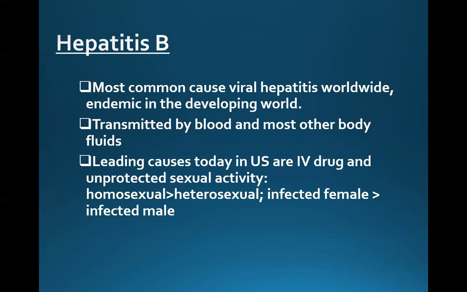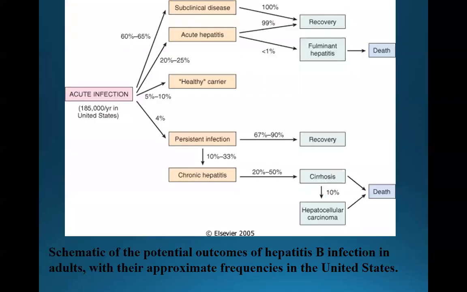What are the modes of transmission? Sexual contact and IV drug abuse are right there. So more homosexual than heterosexual contact in the US, and more infected females than males as well. Now, if you look at this beautiful graph, you're going to get something very interesting, and that is that the vast majority of cases, as horrible as hepatitis B is, are going to end up